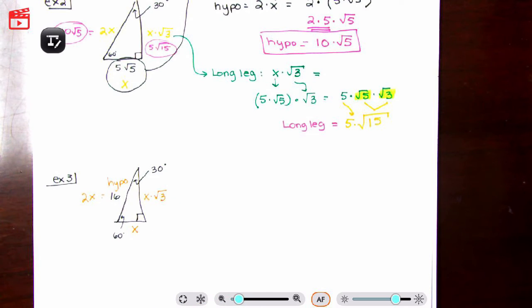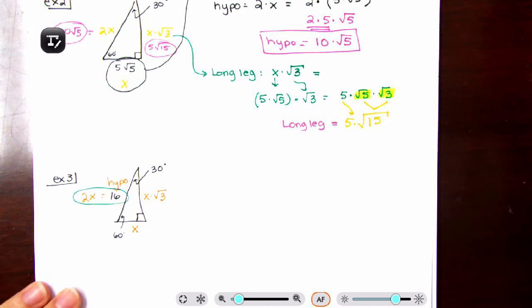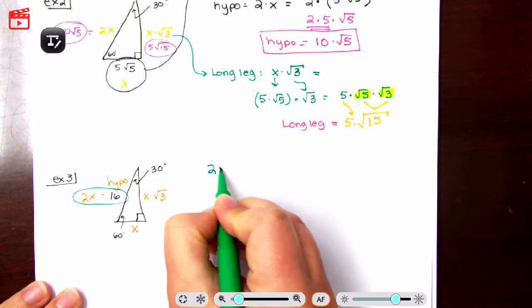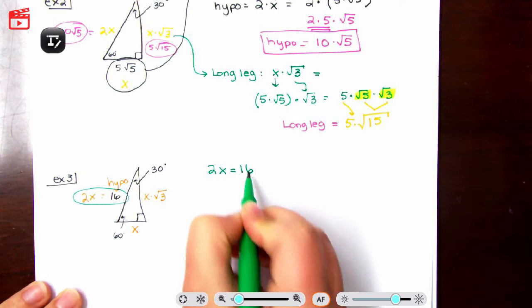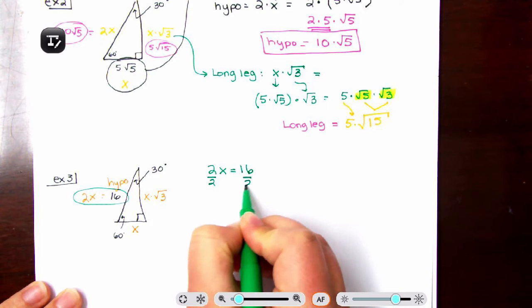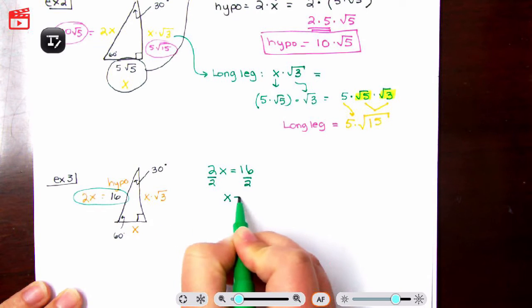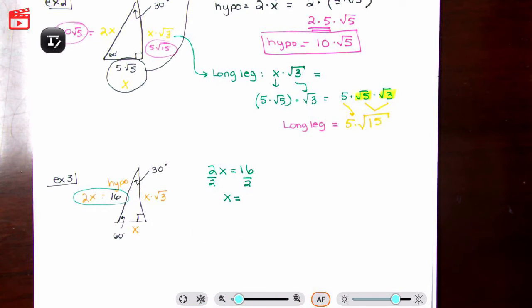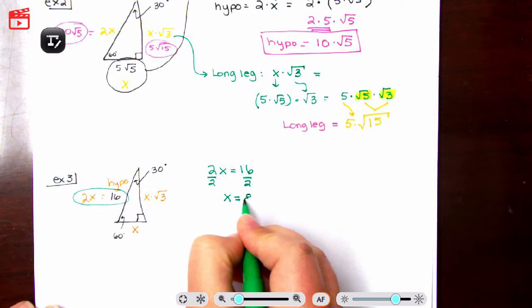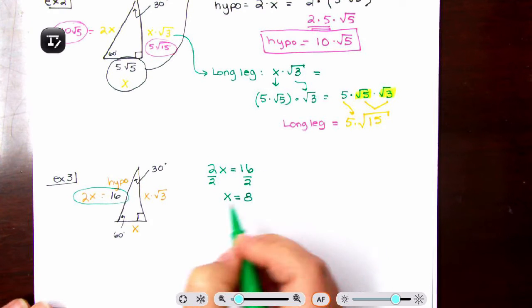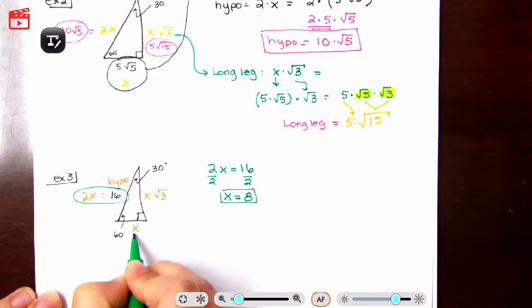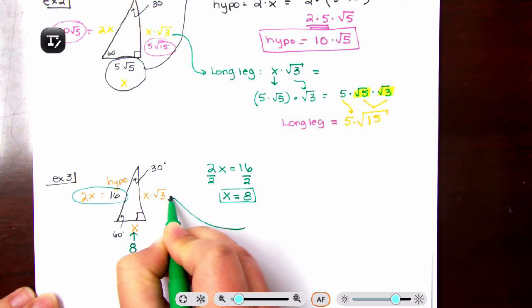Let's see what information we have. It looks like I have the information for a hypotenuse. Hypotenuse is 2x, which is equal to 16. I'm going to divide by 2 because we would like to solve for x. X is then equal to 8. Now that we know that x is equal to 8, let's write that down. I forgot to write that down. Now that we know that x is equal to 8, we know that the short side is 8, and we know that the longest side is